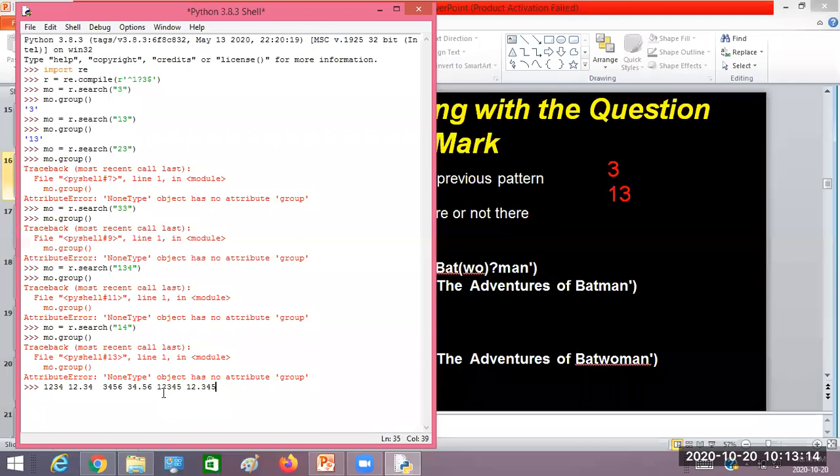Yes, sir. Now how do you write it? Look into the integer value and the floating point value here. What is there and what is not there in an integer and a floating point number? Decimal point. Correct. Here 1, 2, 3, 4 has no decimal point. Here 12.34, the decimal point is present. Here in 3, 4, 5, 6, the decimal point is absent. In this example, the decimal point is present.